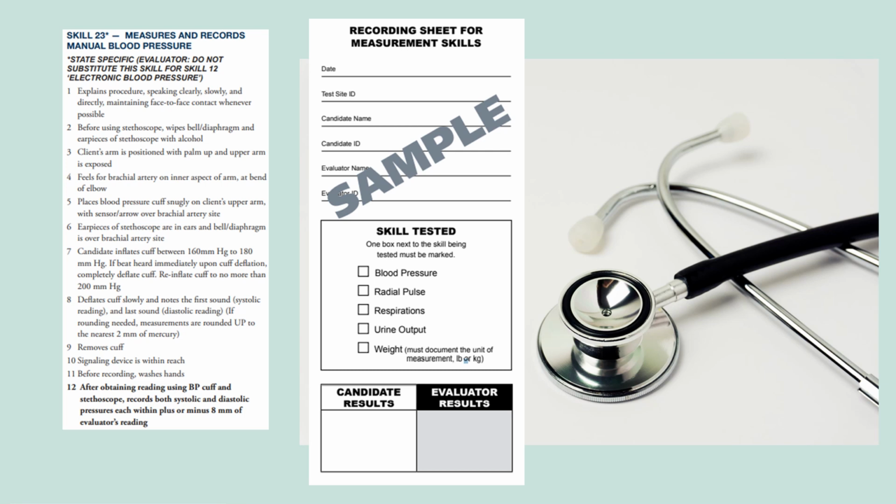If the candidate does not take the blood pressure correctly, for example, if after repeating they do not put the stethoscope in the ears or the evaluator does not hear the blood pressure, after the candidate completes the skill, the evaluator must stop the time and retake the blood pressure to get the correct reading. The RN evaluator is required to document the correct blood pressure. The evaluator must document why they need to take blood pressure again and compare it to the candidate's reading to determine whether the candidate gets a yes or a no on the final bolded step.